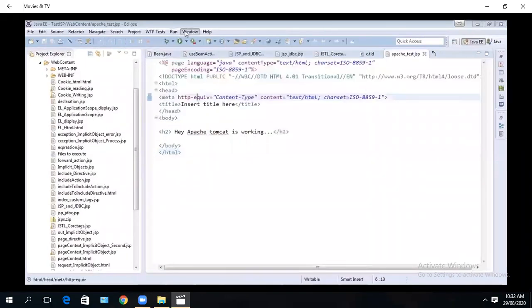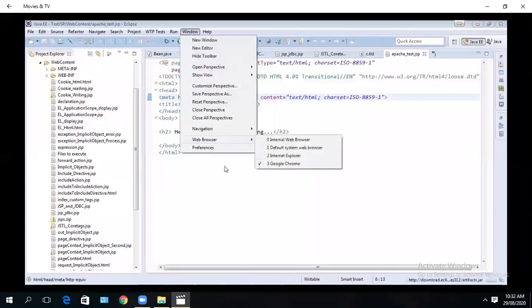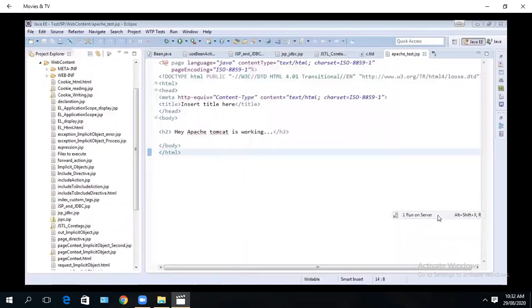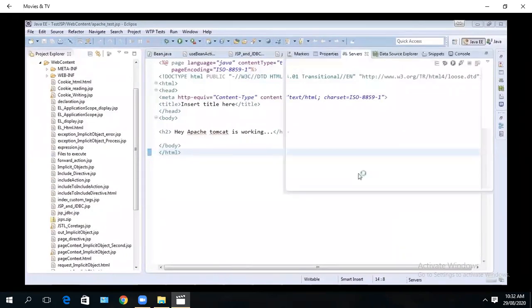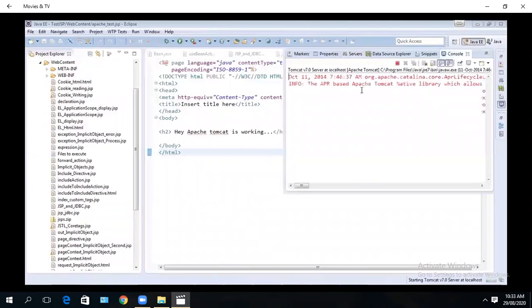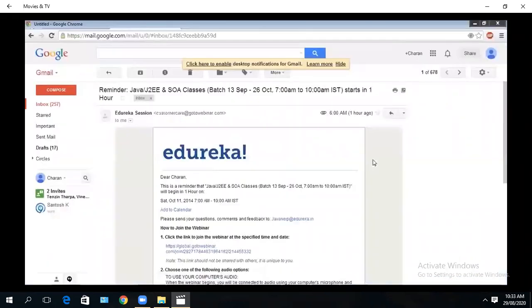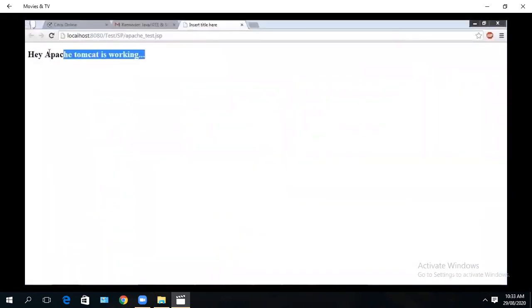Which browser have I selected? Windows, Web Browser, Google Chrome. So when I say Run on Server, it opens Chrome for me and shows that Apache Tomcat is working. Now Tomcat is loading into memory. Then your JSP file gets deployed on the web server. See here, it's loading over here.